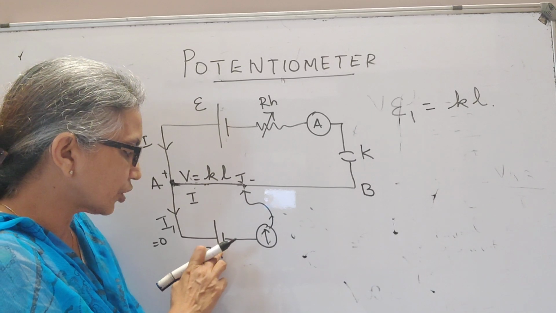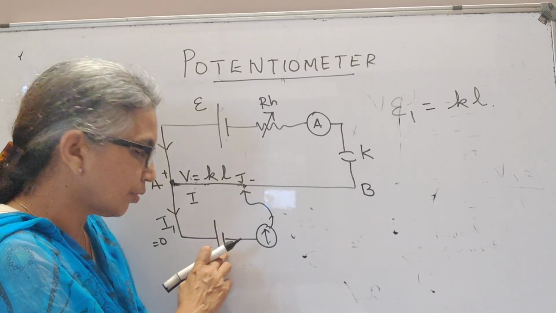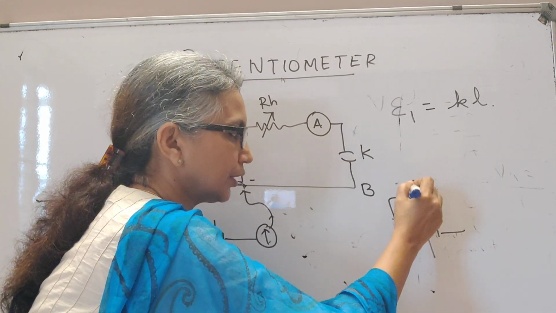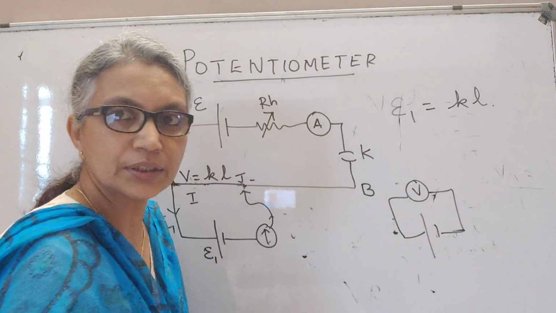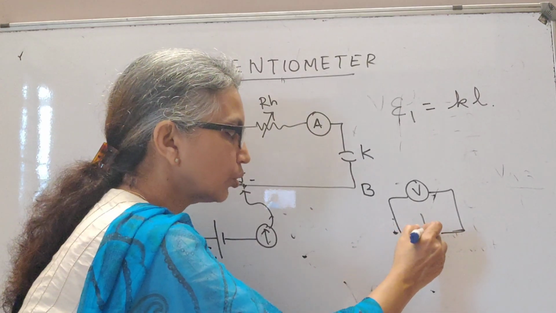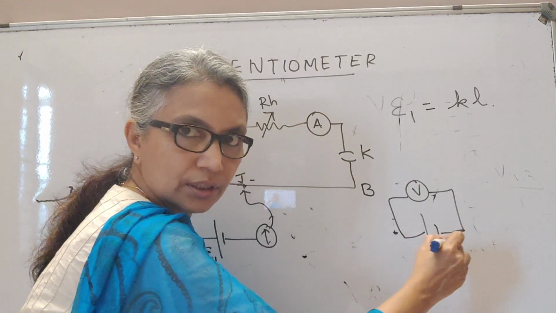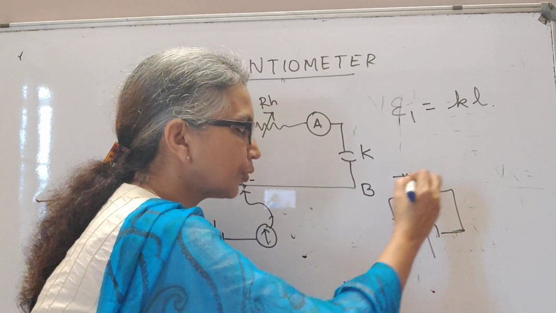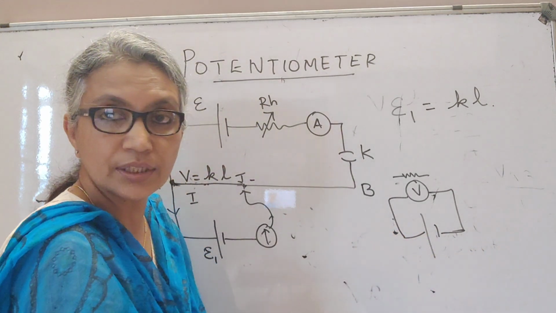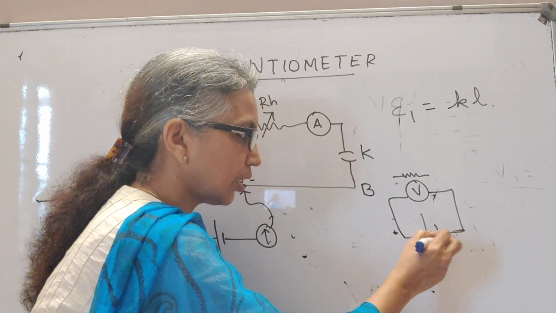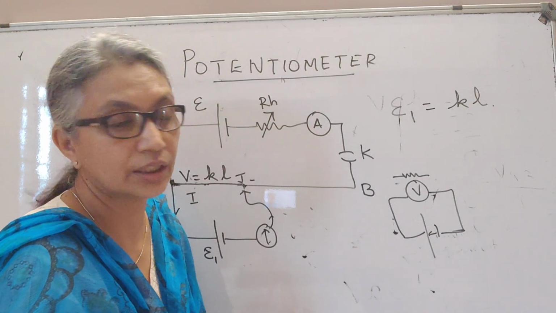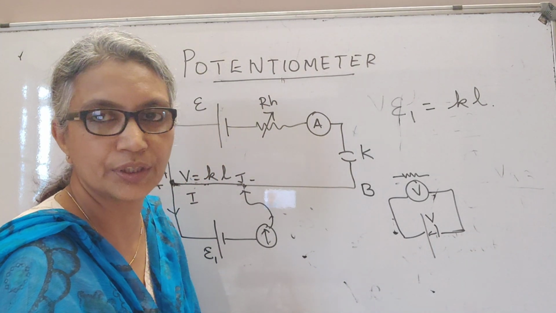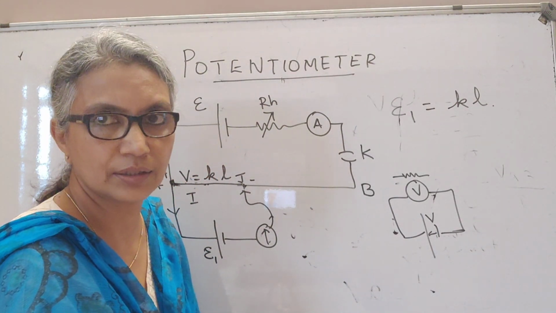Because if you want to measure the potential difference across the cell, let's say you connected the cell to a voltmeter. Now a voltmeter offers resistance, and so you have put your cell into a closed circuit because your voltmeter offers some finite resistance. So you have put your cell into a closed circuit, and if your cell is in a closed circuit, definitely it is carrying current. And if it is carrying current, then what you're measuring is not the EMF, but only the terminal voltage V, which is always lesser than the EMF.